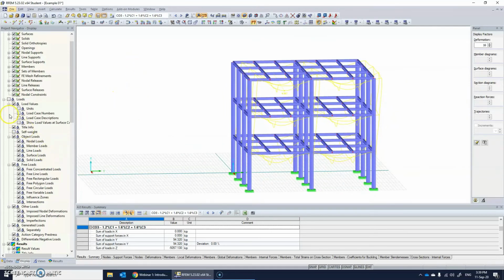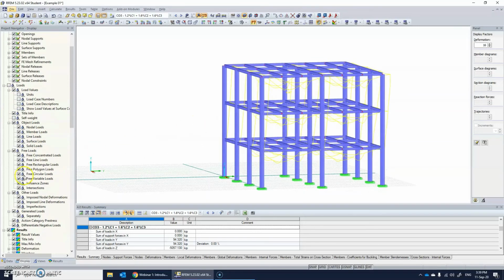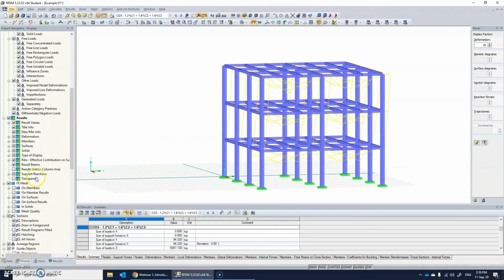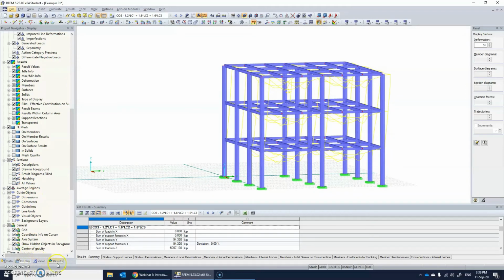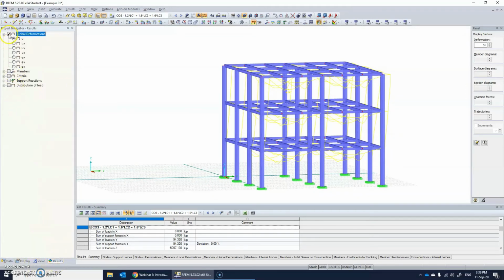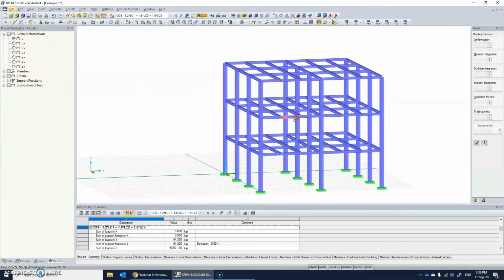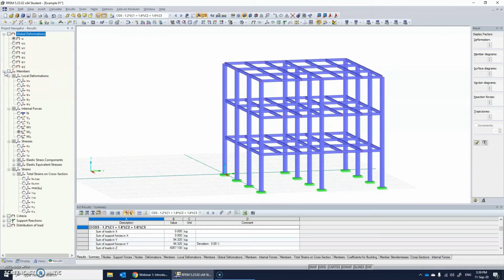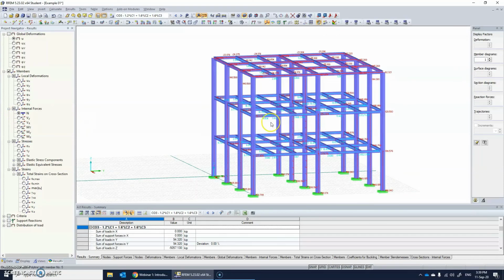At the same time, if we now want to see the results in the form of internal forces, we need to move into results. In results, at the moment the global deformations have been ticked. Just click on it, which hides the global deformation. We have member internal forces. Suppose we want the axial forces, click on it. We see the axial forces